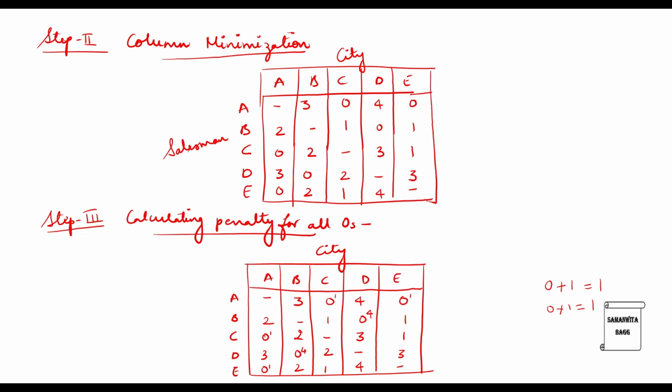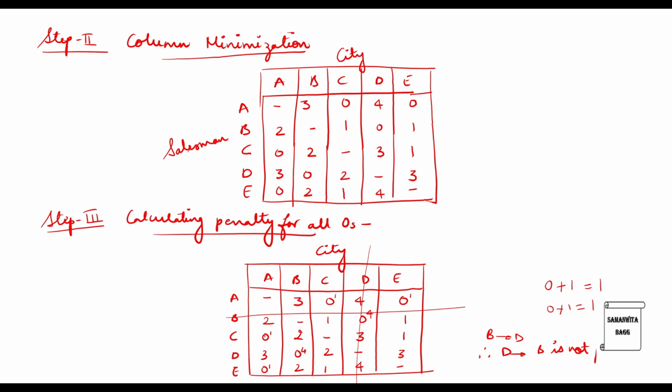Now you have to catch hold of the 0 which has highest penalty and cancel its corresponding row and column. So I'll be cancelling corresponding row and column over here. I will have the first allocation at this stage, that is B to D is the allocation. So salesman will go from B to D. This is the first allocation that I have made. Therefore, I will write down over here, D to B is not possible. So this is what we have found.